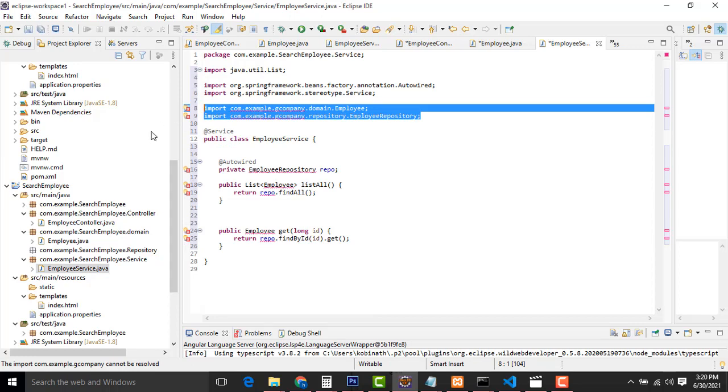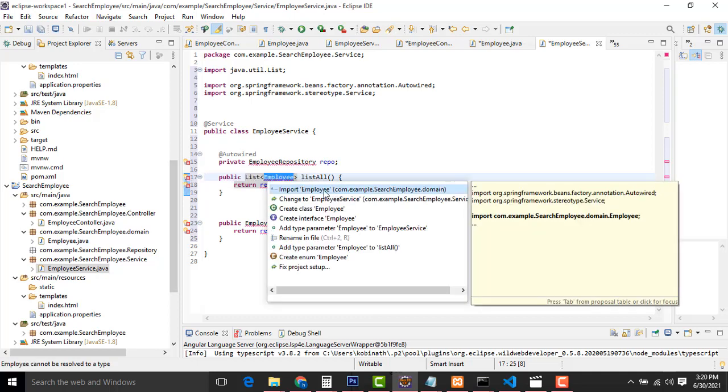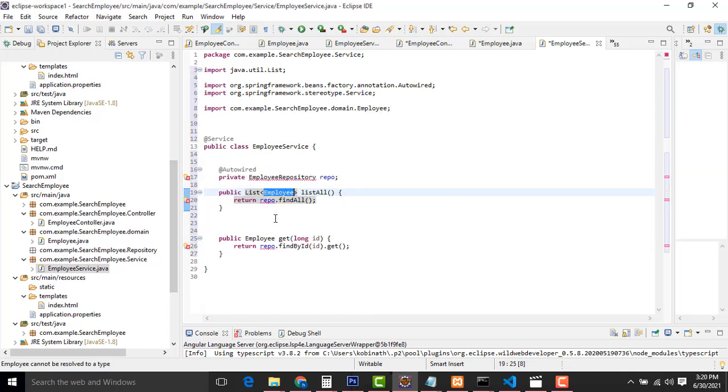The repository I haven't created yet, that's why it shows this error. What's the name of this domain class, you have to write here.